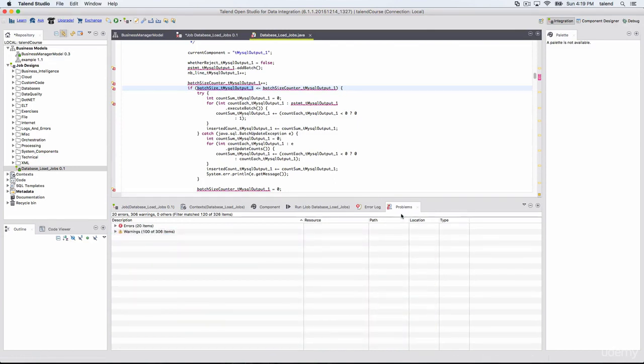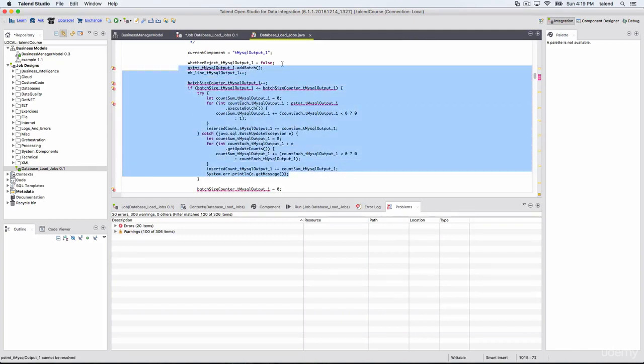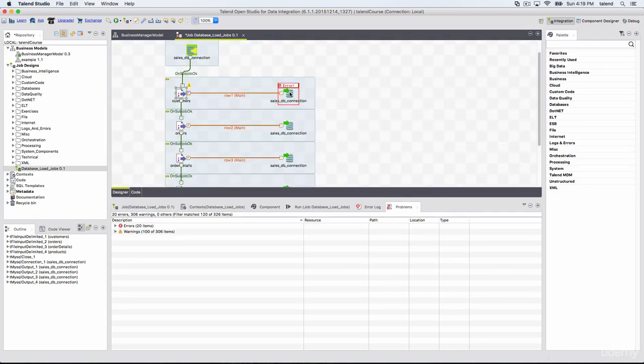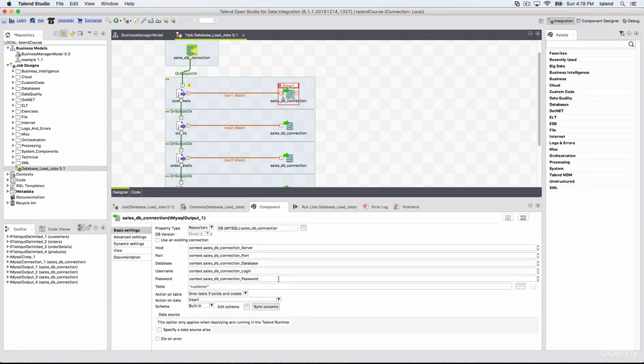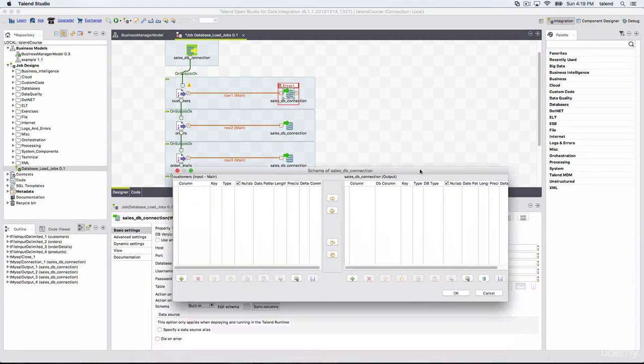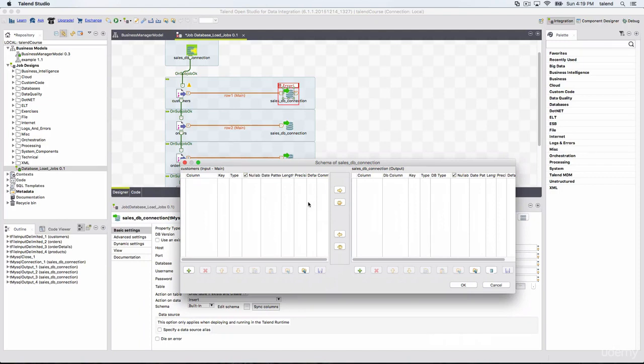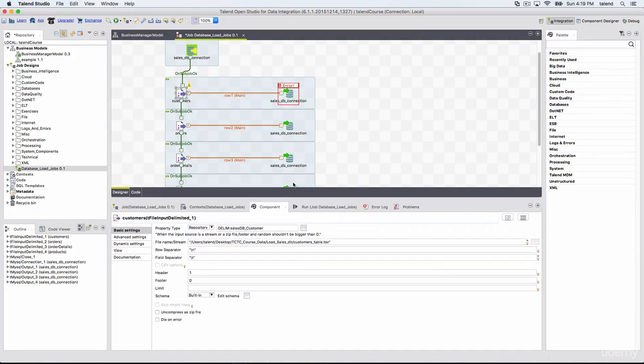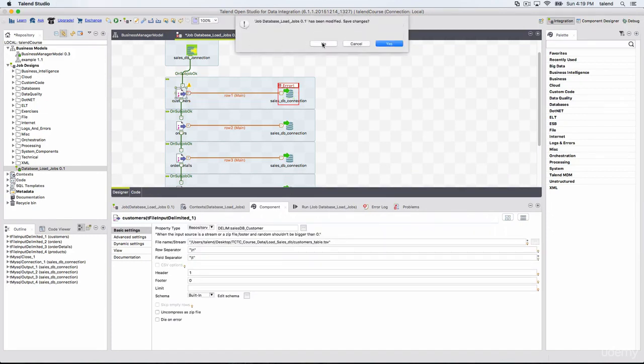Actually I don't use this because I don't go into the code and make changes there. I work only on the designer. So for example, if I see an error here, I know what's happening. I will just go to the respective component. It says it is an error because it doesn't have the schema there, and it's showing a warning. It clearly explains that there is no schema here. So I know what is happening.